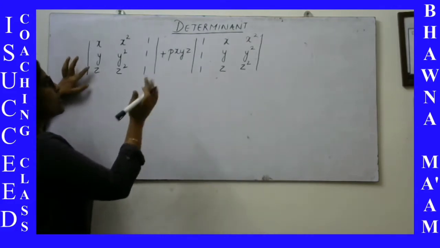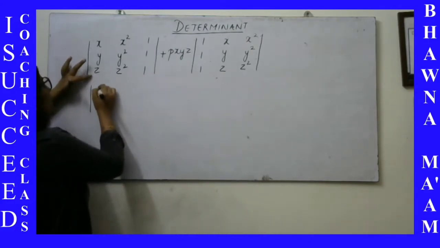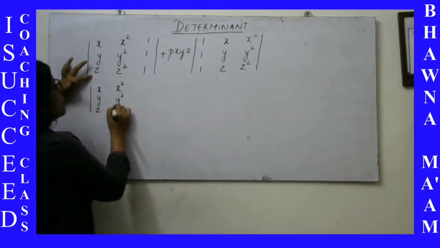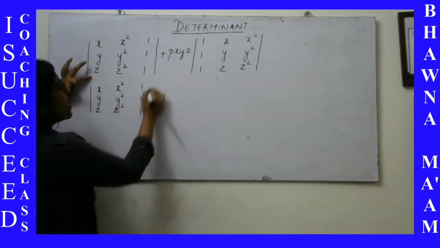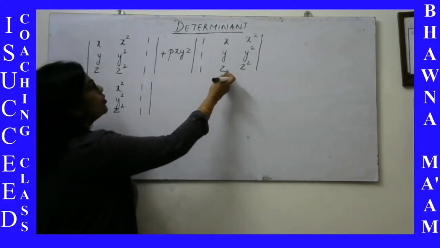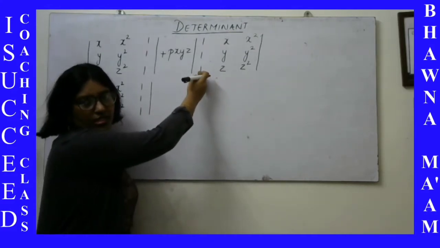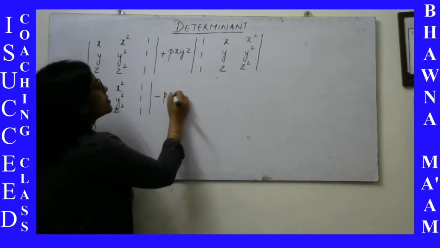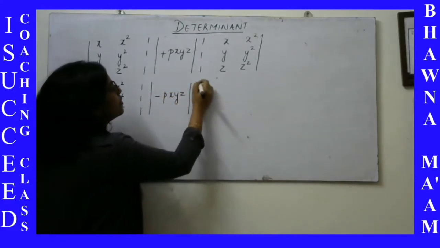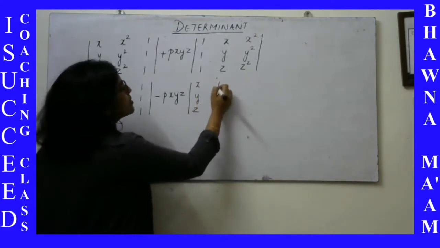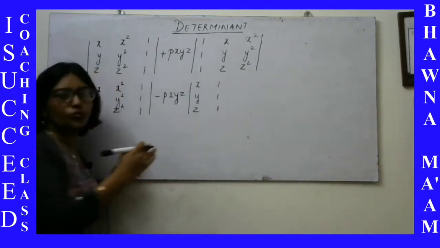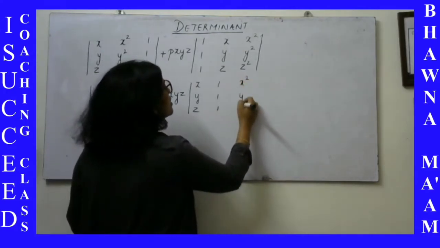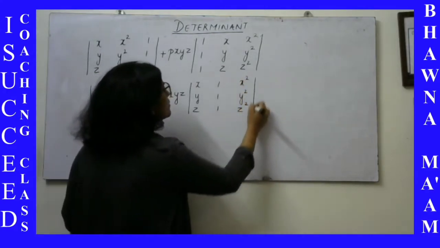So what we'll do is we'll interchange, and we know that when we interchange two rows or two columns, the value becomes the additive inverse. So if I bring this to the first one, that means I am interchanging first and second column, this will become minus. If you have doubt with these properties, there is a video uploaded regarding the other properties. Do go and visit that, so the properties will be clear.